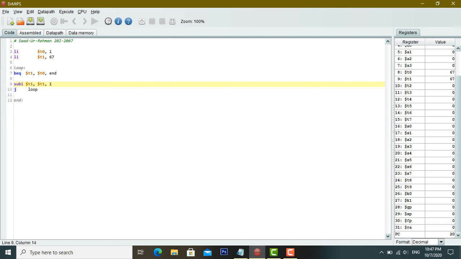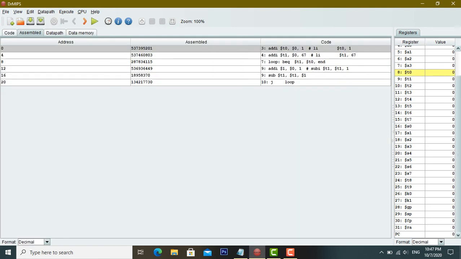So here we can see that when we assemble this code, the assembled code is generated, and here is the main difference: we can see 1, 2, 3, 4, 5, 6, there are 6 instructions generated for the same lines of code for the reverse order.